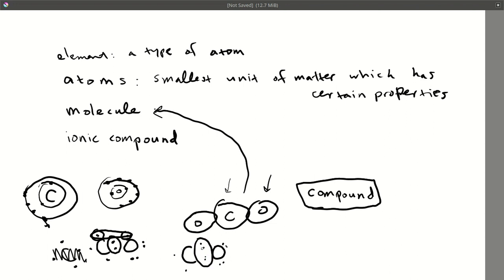This sharing of electrons is very common among certain kinds of atoms. And when the atoms share electrons, it's called a covalent bond. A covalent bond. Bond meaning the atoms are stuck together. Covalent meaning they're sharing, that's the co part, and valent means outside, the outside. So the valence,